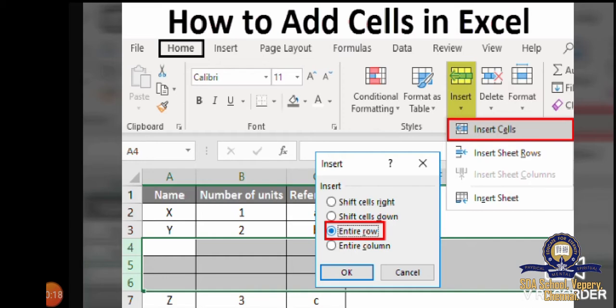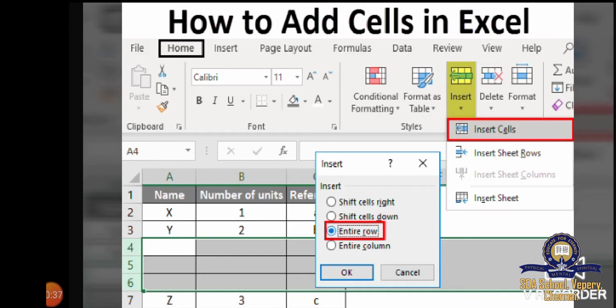The Shift Cells Right option will shift the contents of the destination cells right when the new cells are inserted. And the Shift Cells Down option will shift the contents of the destination cells down.